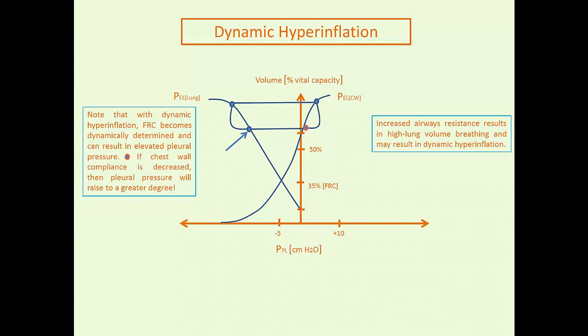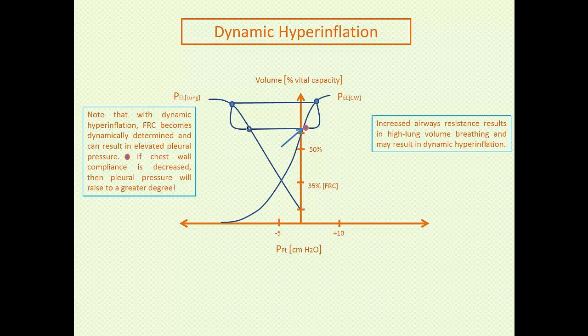And now when they try to inspire, they won't get any gas flow until they've generated a much lower intrathoracic pressure. So the normal patient at FRC here just has to generate negative 5 or 6 below atmospheric pressure, and they start to get gas flow. But this patient doesn't get any gas flow until, whatever this is down here, say negative 10 centimeters below atmospheric pressure. So they inspire and then expire to functional residual capacity, and you can see that there are still pretty great swings in